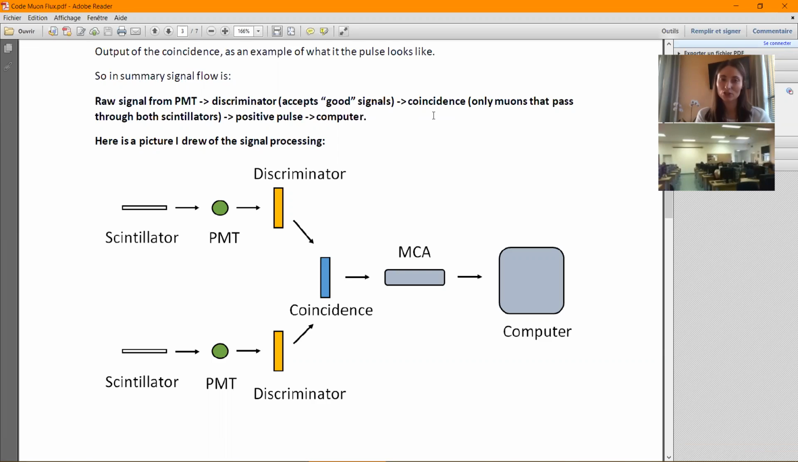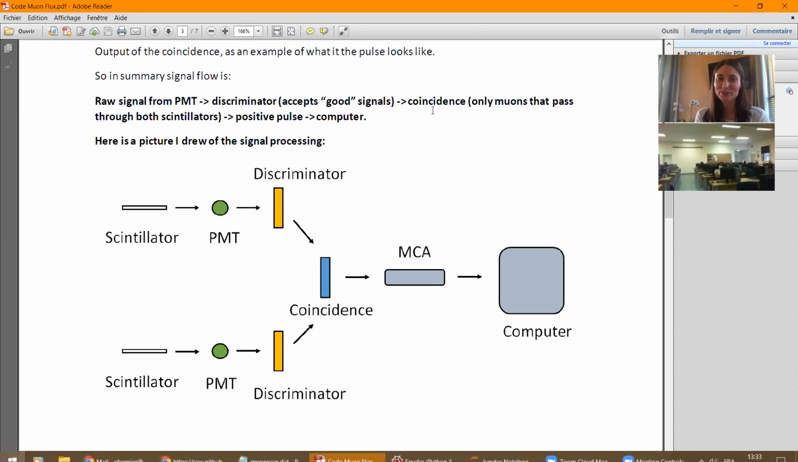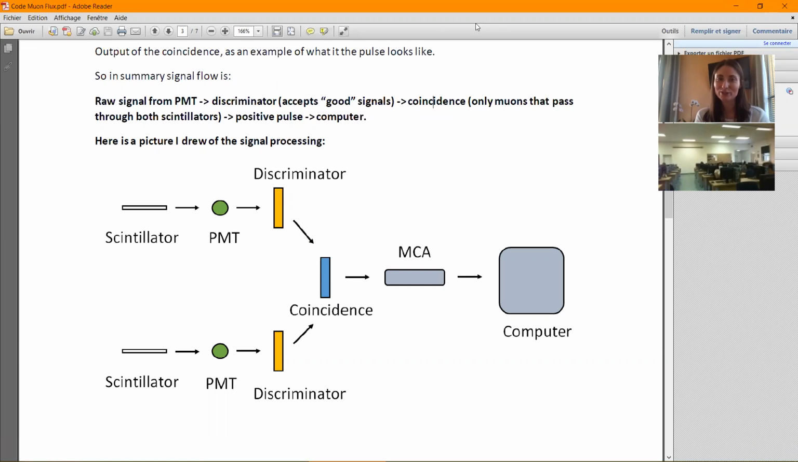Also, I can't see the chat. Maybe I should say that: when I'm sharing my screen, I can't see the chat window. So, okay, nobody is saying anything, but